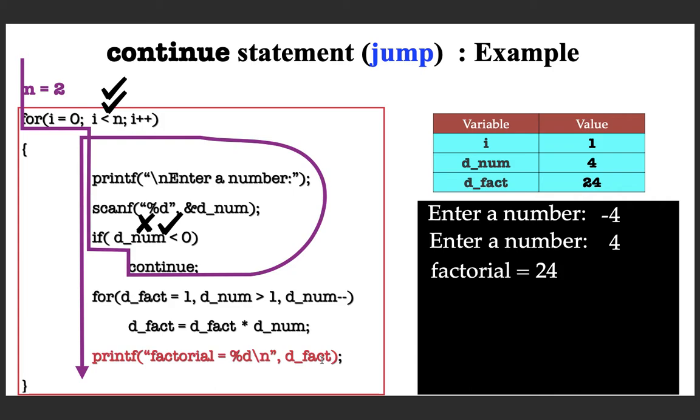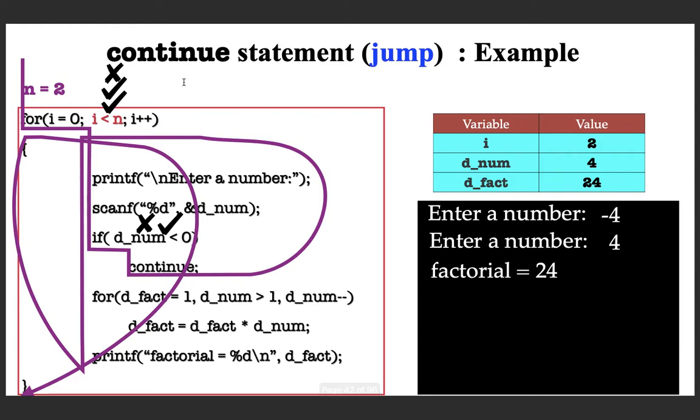And then, as usual, the control goes back to the loop. So naturally, the third expression will be executed. So it's increment. So the value of I becomes 2. Then it goes to the condition checking. Now 2 is not less than 2 because n is 2, I is 2. So the condition evaluates to false and control comes out of the loop.